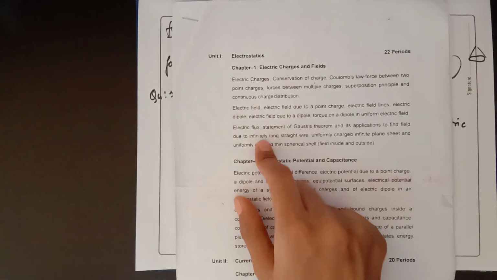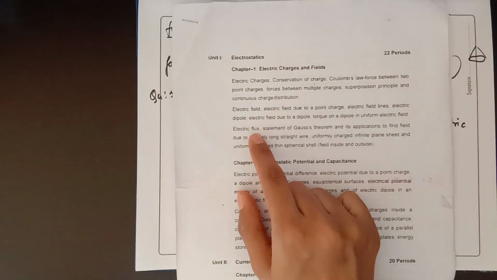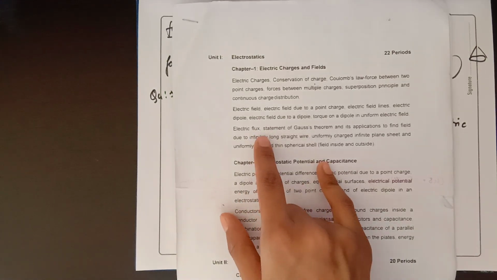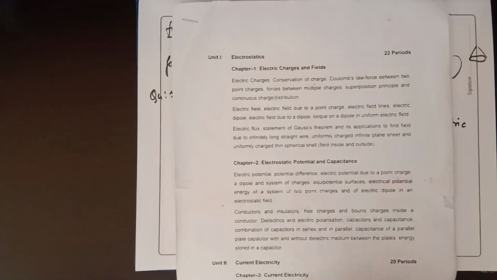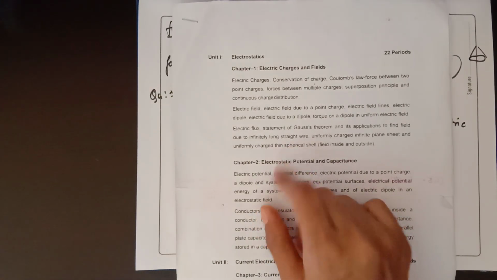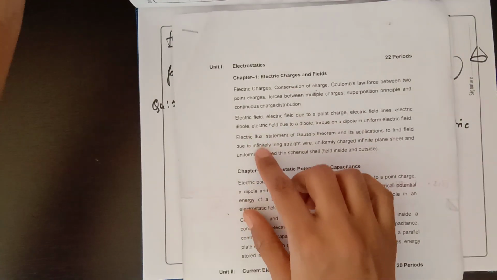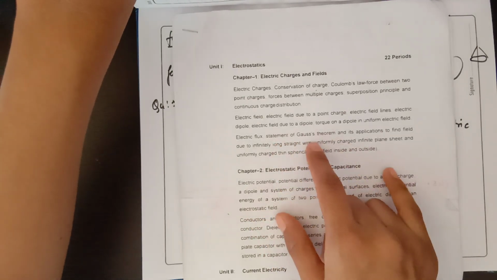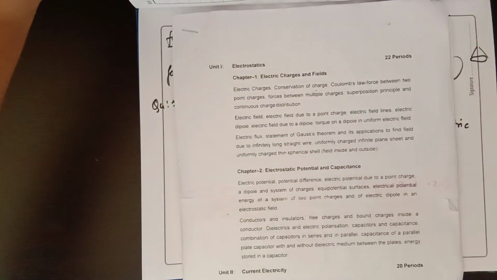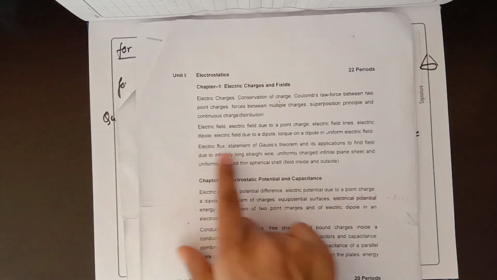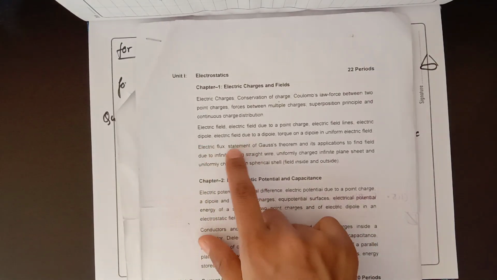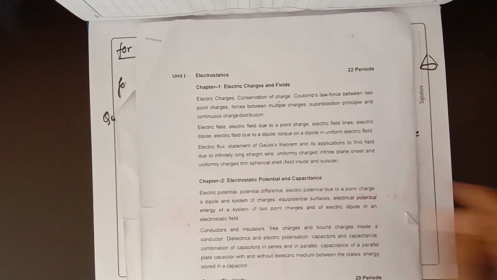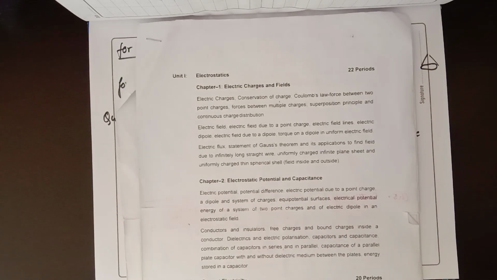So till now we have studied till this point, and in the last lecture we got an idea about electric flux. What is electric flux? Electric flux over an area is the number of electric field lines passing through it, and we got some idea about the area vector. Area vector is just the normal to the area, and today we will revise some of the electric flux, and then the statement of Gauss's theorem and its many applications. So let's start with our lecture number 7.